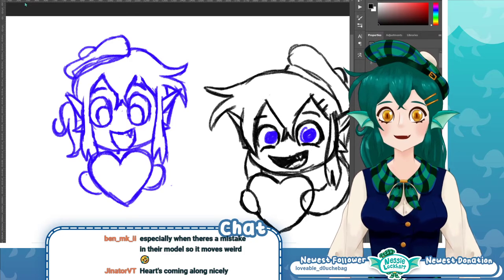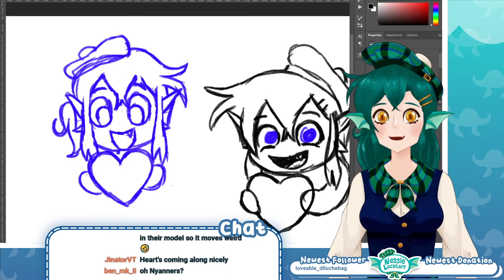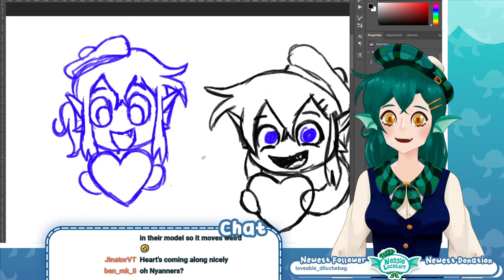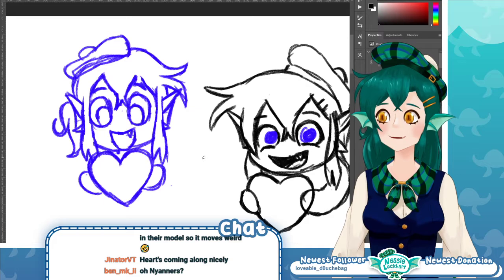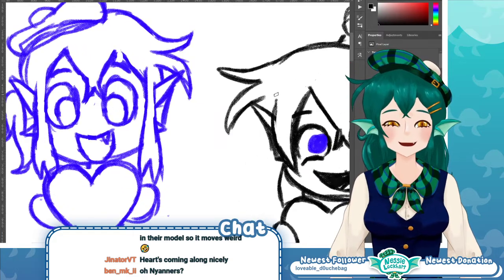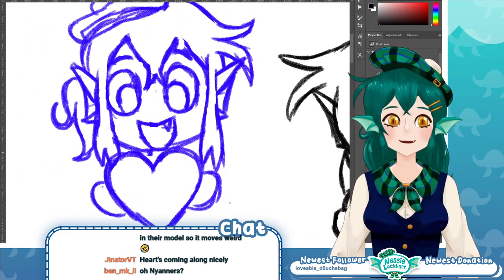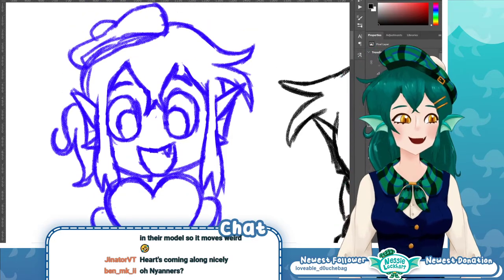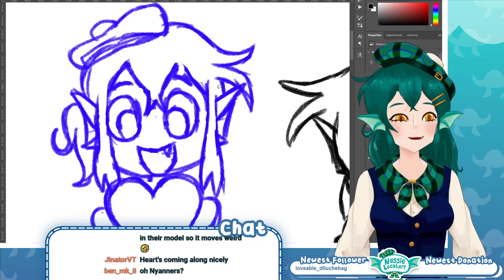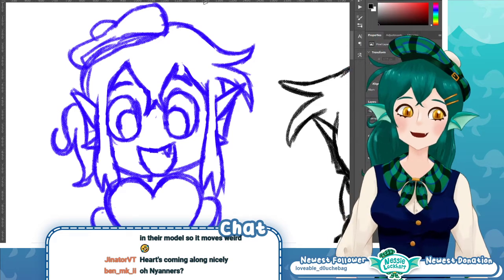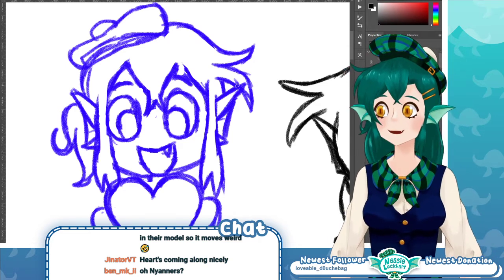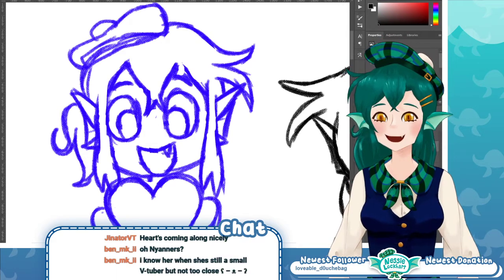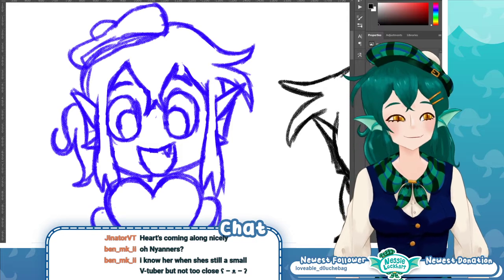I think I'll make, of course, you know, with the moats, the lines have to be really thick. Oh, Nanners? Yeah, I'm pretty sure she's Iron Vertex. I'm just throwing out some examples. I don't really watch any of the people I'm mentioning, so I'm not endorsing anyone here. I'm just throwing out a few examples that are well known that you might have seen. I think Nanners, she has really good rigging.